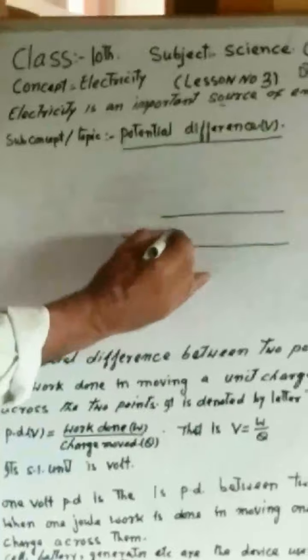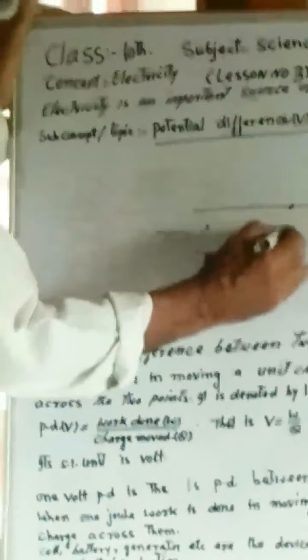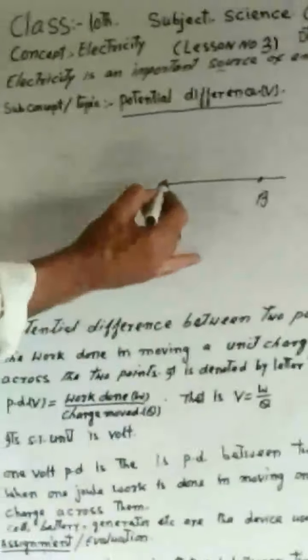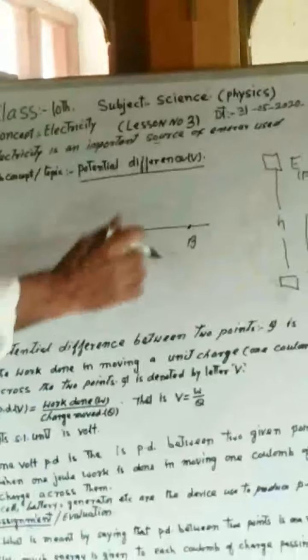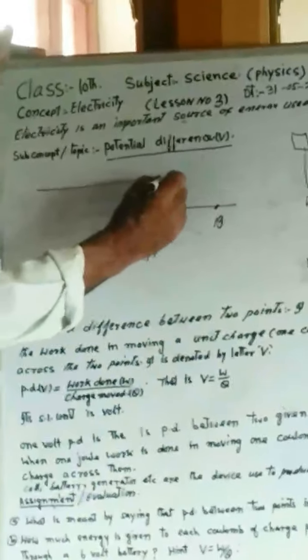Suppose we have two points. This is point A of a conductor, and this is the point B of the conductor. When we have to move a charge from point A to point B, we have to work against the resistance of the conductor, and this work gets stored in this conductor as potential energy or potential difference. When we have two reference points, we use the term potential difference, and we have on one side infinity and on the other side a fixed point.